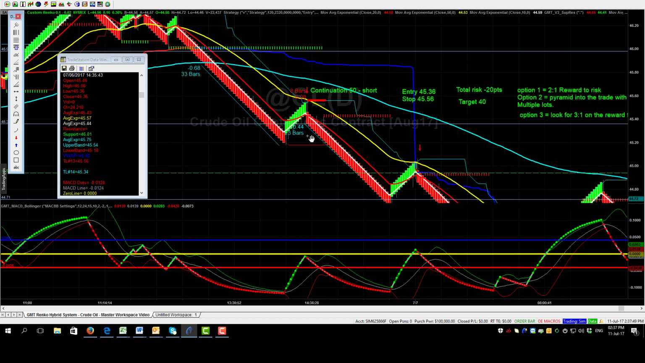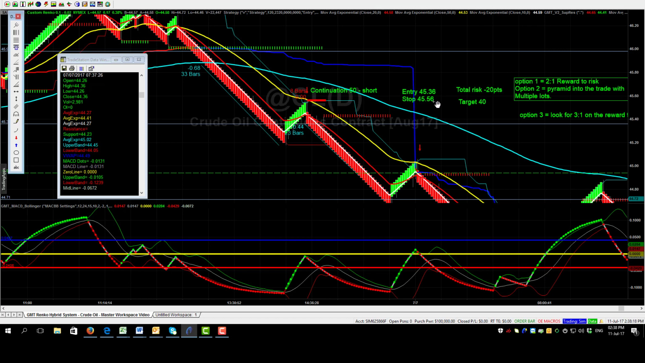Remember that anytime we're taking a continuation trade, there's an opportunity for us to have a very small risk and potentially a really good reward. So we're looking for basically 2 to 1 or better. Option 1, which we're going to talk about today, is our 2 to 1 reward to risk. The entry there is at 45.36. Our stop is going to be the high of that candle, which is